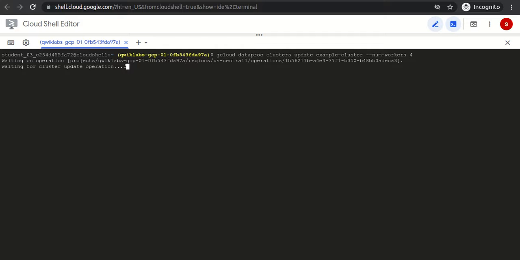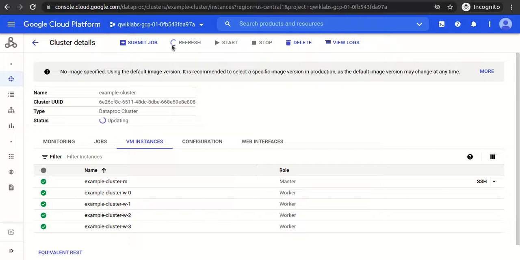So let me show you as well. Once it completes, we will decrease the cluster. It's still updating. It will take a few minutes.